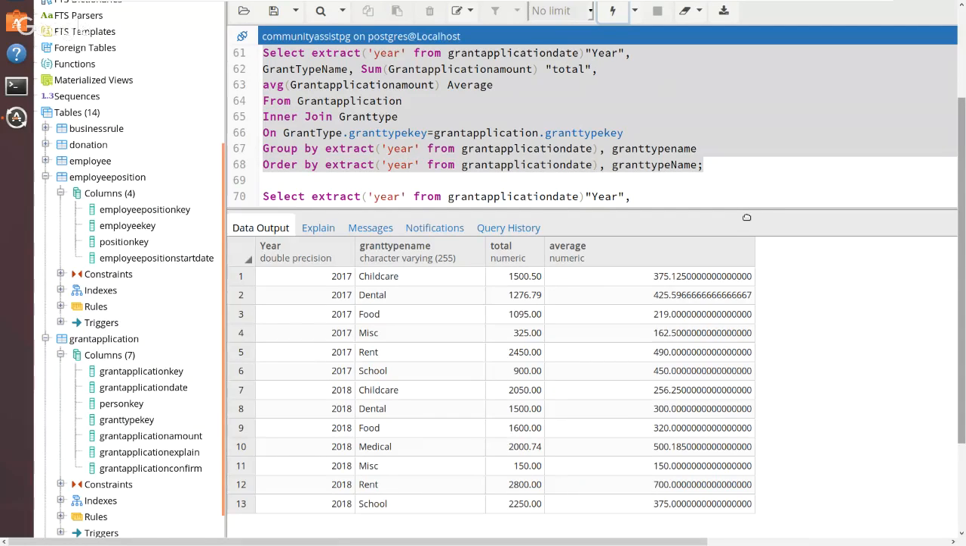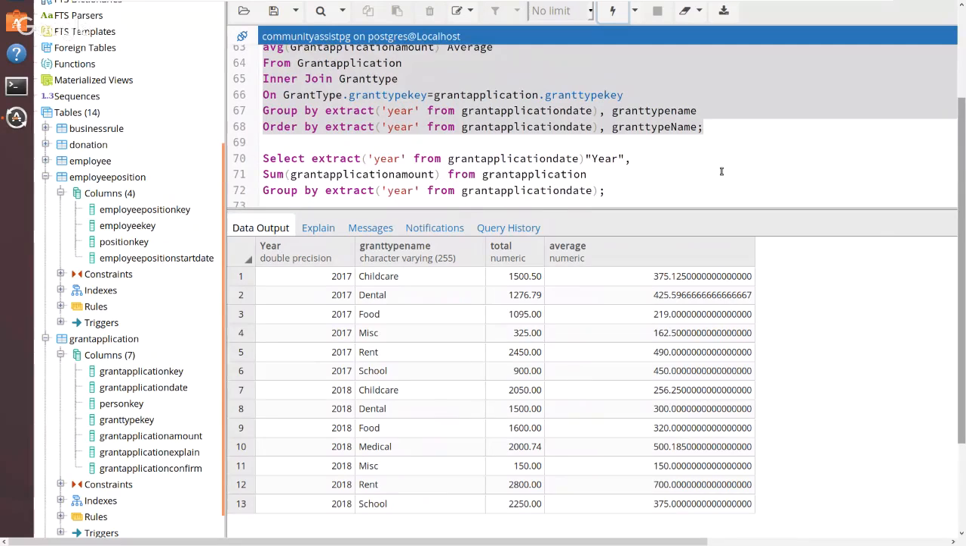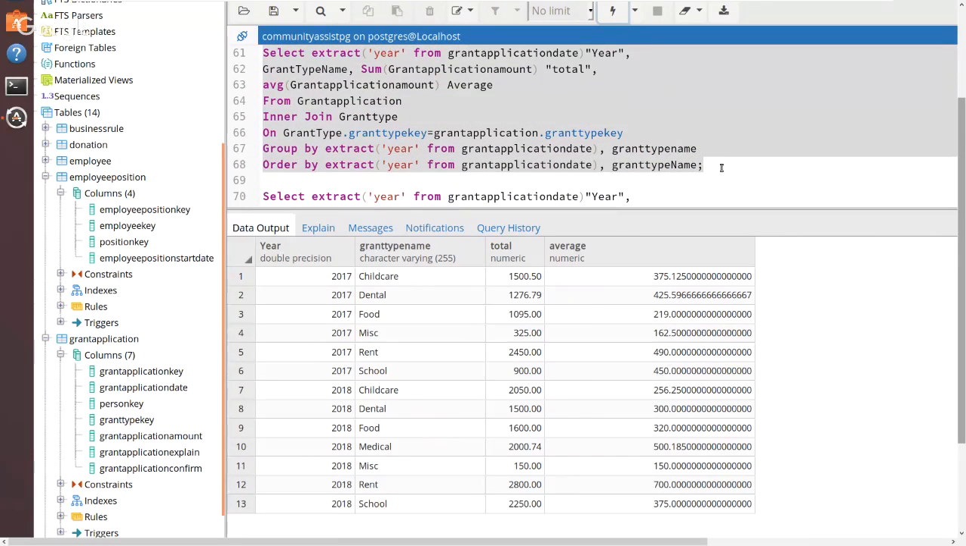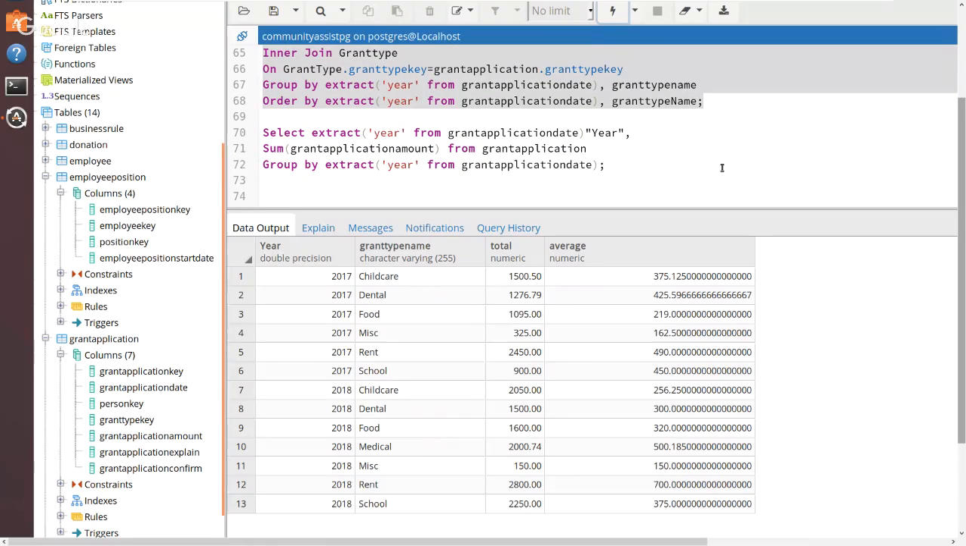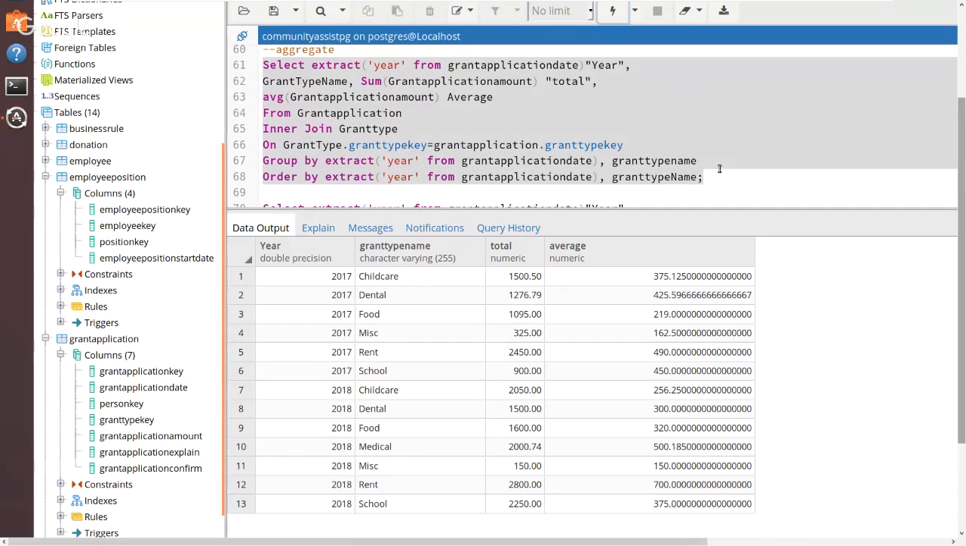Make it through the other joins. This is okay though. I mean, you need to kind of understand it. Working back up that form, you can see that you're averaging grant amount. If you scroll down, yeah, and you've got a sum for grant application amount. So the other two references, grant application date and grant type name, are not being aggregated, so you need to